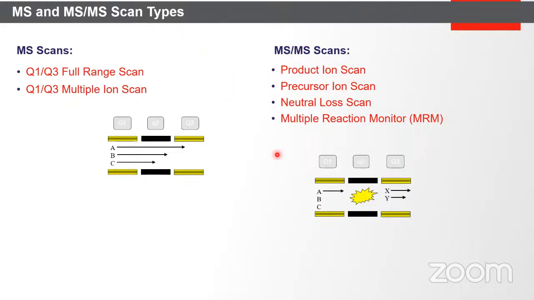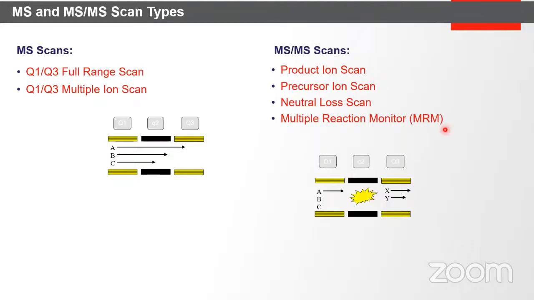So what are the different scan functions? In a mass spec workflow, you need to know product ion scan, precursor ion scan, or neutral loss scan. Say you have multiple ions from a source region entering into the quadrupole region. Now here you can select a particular ion, you can fragment that particular ion, and then you have the choice either to take all the fragments, or you can select a particular fragment. So this is called a precursor or a parent ion. This is called a product or a daughter ion. This is how we should know it.